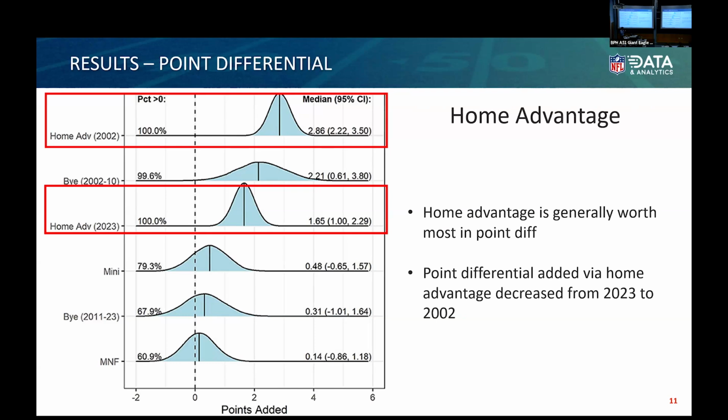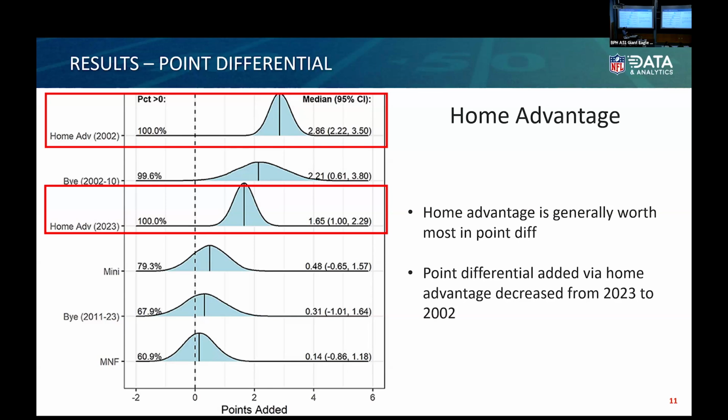So instead of getting one single coefficient value, we have a multitude of estimates here. And that's why we have a distribution as opposed to a single value on what we estimate the value for. It's a distribution of values. So we have home advantage right here. And as you can see on the left, we have the percent greater than 0. That's the percent it's positive.